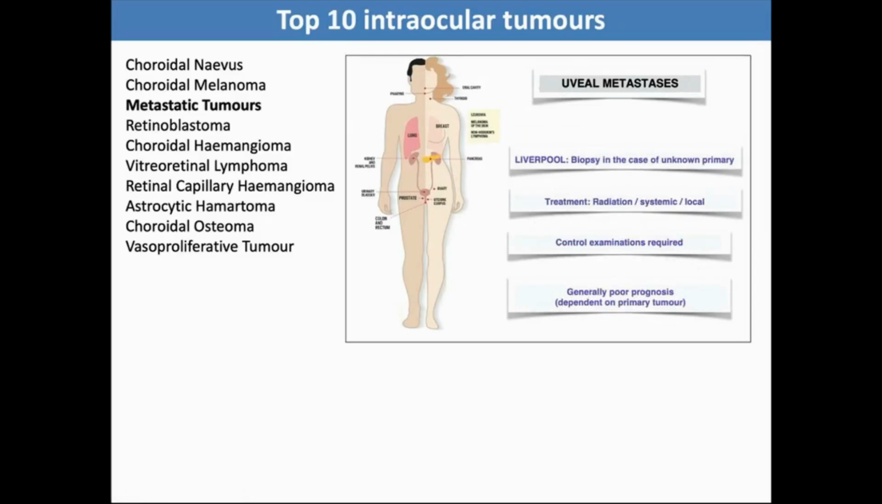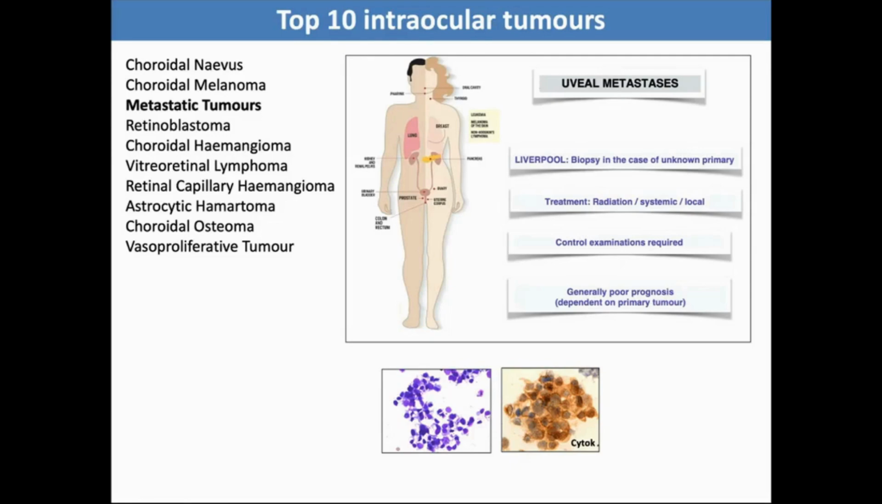What we do in Liverpool is, if there is no known primary, then an intraocular biopsy is performed, and we perform the cytospins, stained here with May-Grunwald Giemsa. We perform the immunocytochemistry and demonstrate that it is a carcinoma metastasis by using AE1, AE3. And in the case of